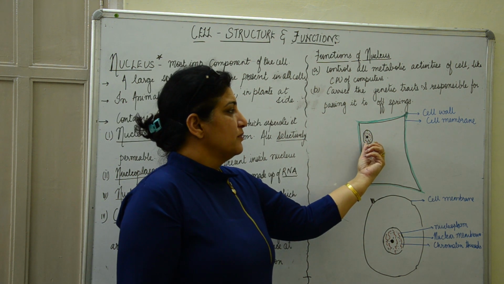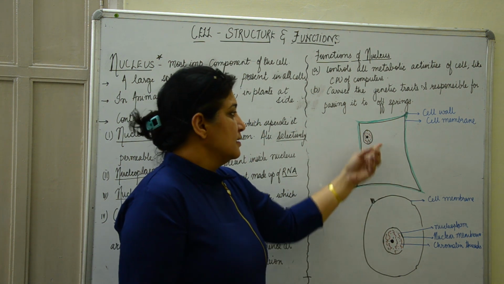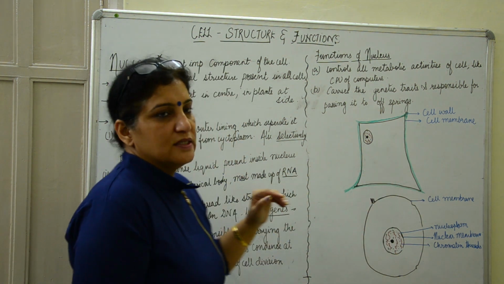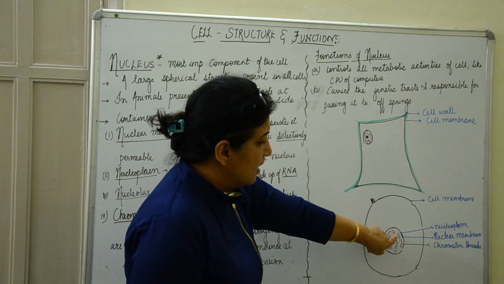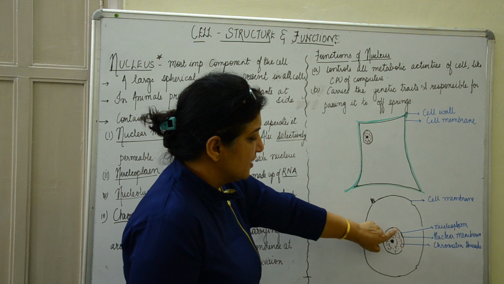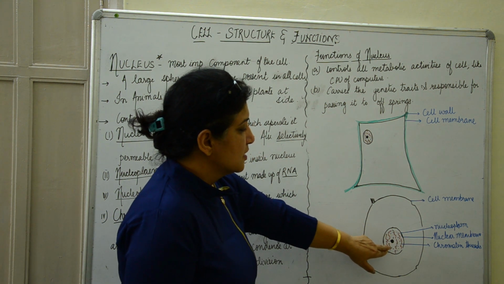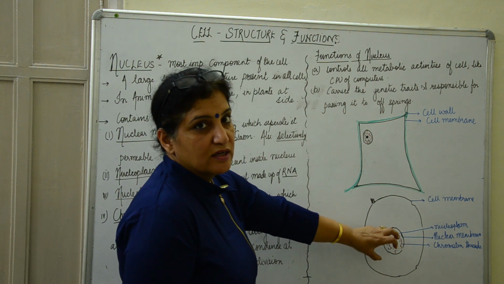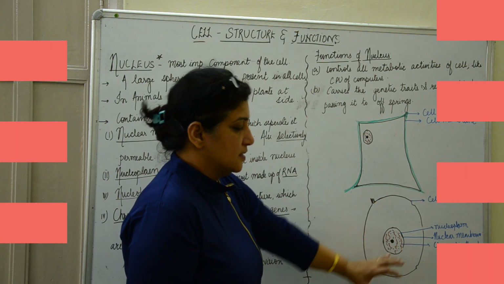So the nucleus is not present in the center. In an animal cell, a nucleus is present in the center, and the nucleus is basically of a similar kind in both of these. Here I have marked the nucleus. The outer wall is called the nuclear membrane, the inner gelatin-like structure is called the nucleoplasm, and we have chromatin threads floating in it, and this central dense, dark sphere is called the nucleolus.